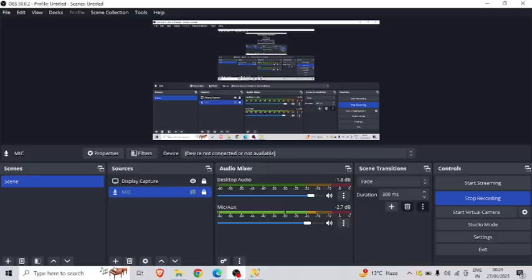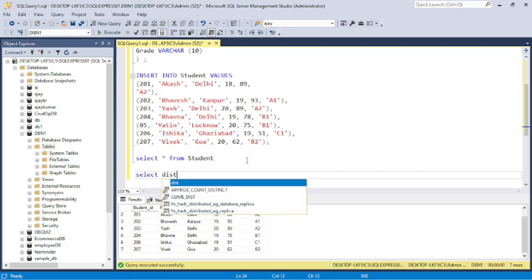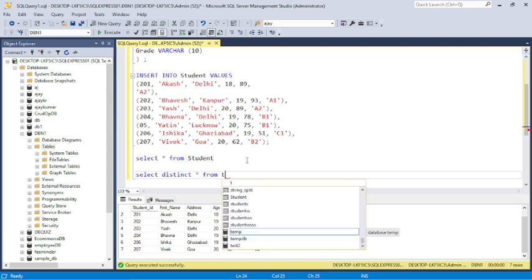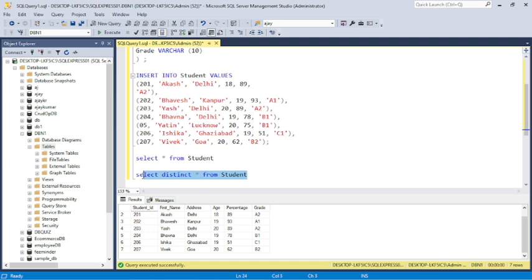Now use this: select distinct star from table students. Now we can see the distinct rows of the table data.